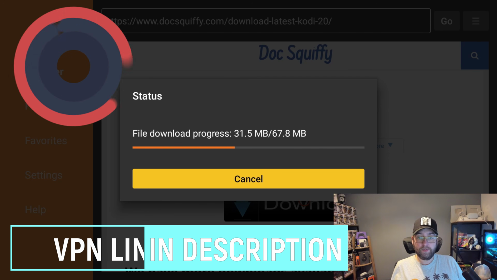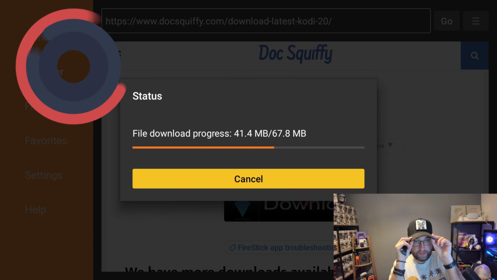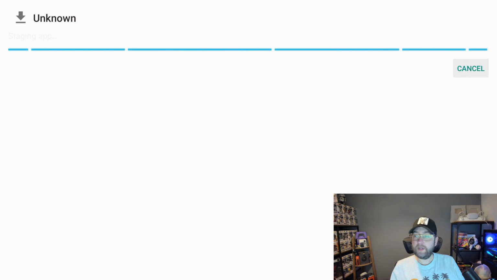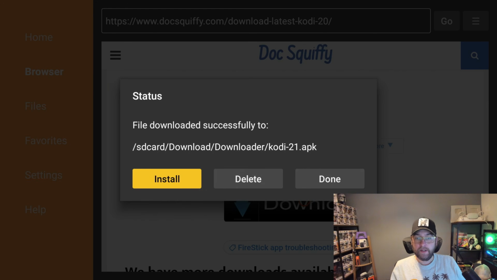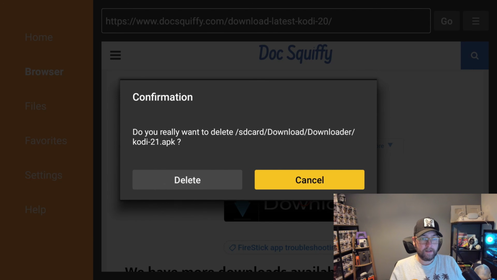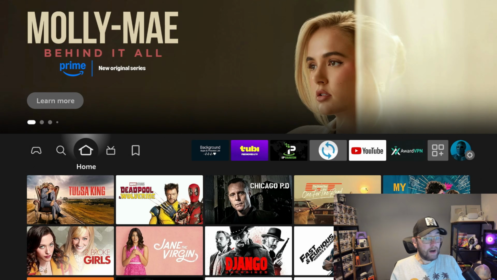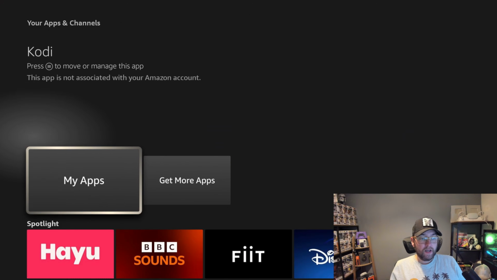Right, while that's installing for us, the next step, we will just literally click install. This is the download part. From here we just click install. That will install quickly. Once it's installed, you click done. Then you click delete. Do you really want to delete it? Yes, we want to delete it, and that's gone. Perfect. Now you've got to find what you just downloaded. So in the 3 squares and the plus, under My Apps,